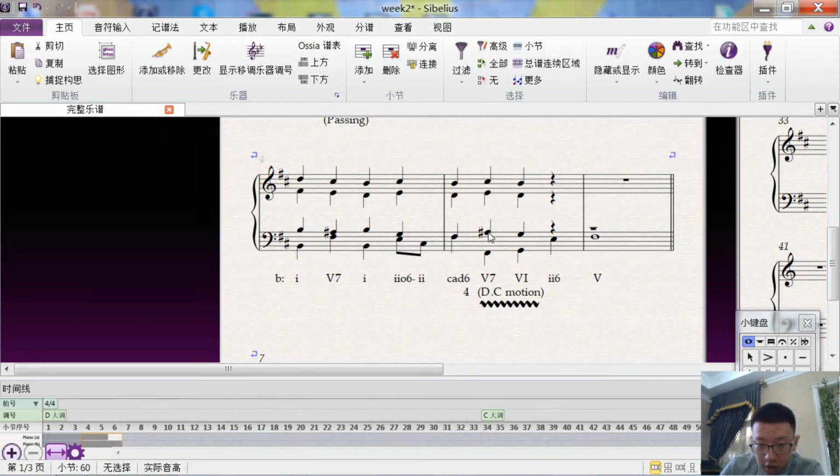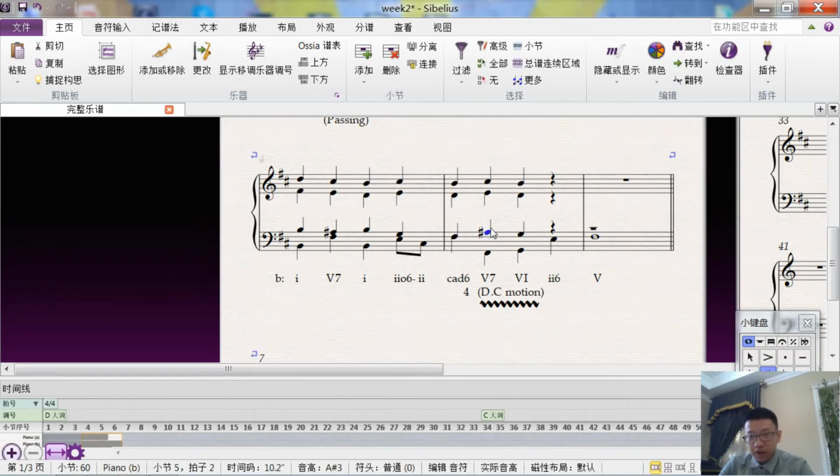Second, the diminished fifths in here, right? It moved to the perfect fifths. It's called a parallel fifth. That's a problem. To be remembered, whenever you move the perfect fifths to the diminished fifths, it's not a parallel fifth. It's acceptable. However, a diminished fifth moved to a perfect fifth is not allowed